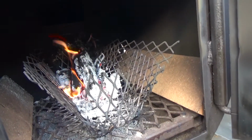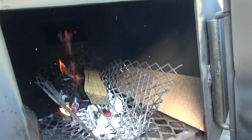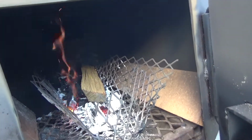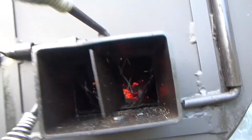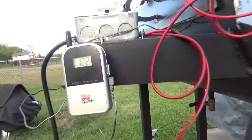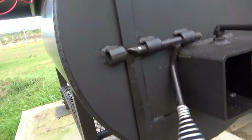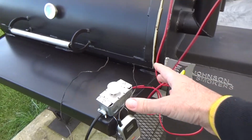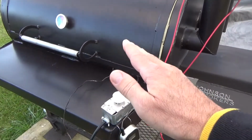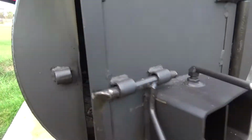Alright, one last point I'd like to make about this stick burner here. You have to be vigilant and pay attention to your hot coal bed here, because if you're just off doing whatever, not paying attention, and you're monitoring a temp probe, you got your Maverick in your pocket or whatever, and you're just watching your temps. The thing is, all this heavy metal is radiating heat, so the temperature in the pit is staying nice and steady, consistent temp, which you're looking for. But the thing is, you're losing your